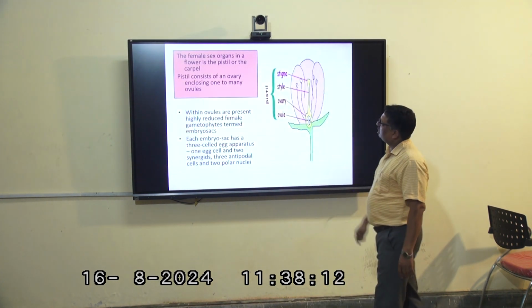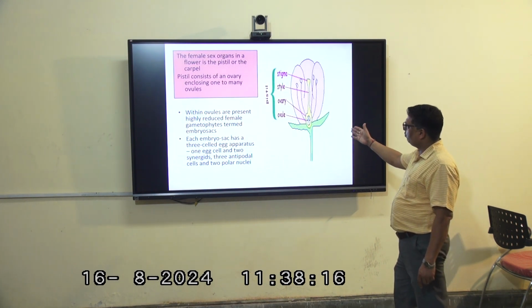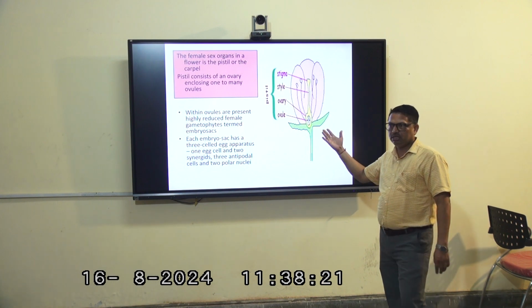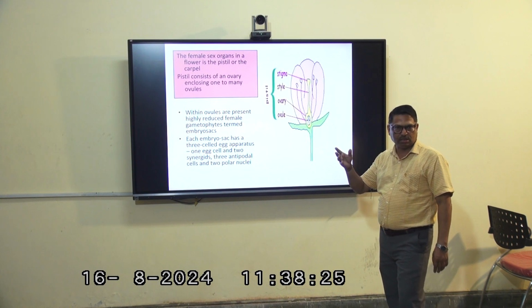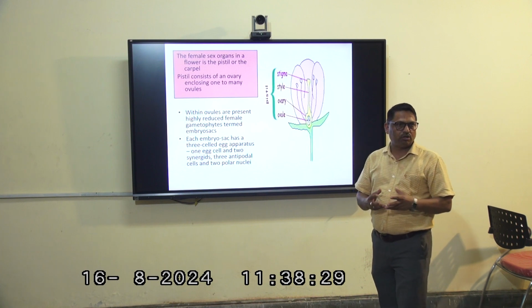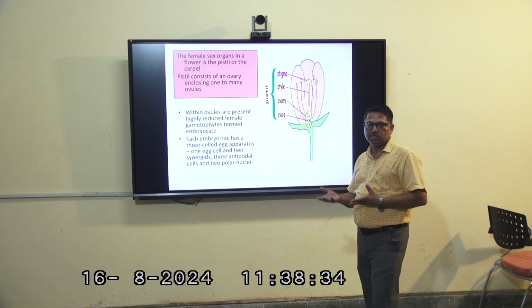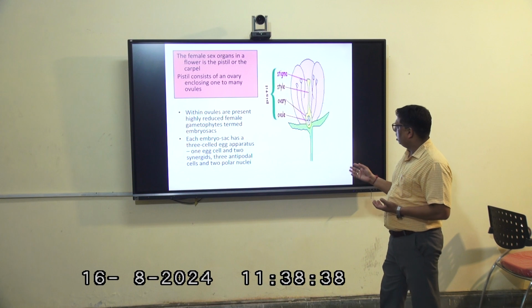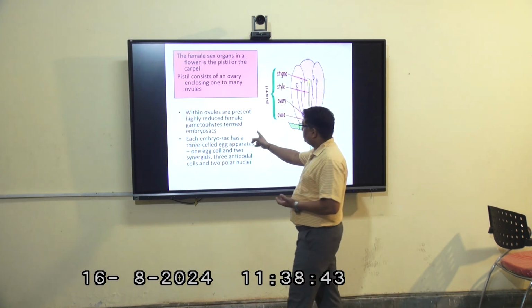And the female sex organ in the flower is the pistil or carpel, and the pistil consists of an ovary and approximately one to many ovules. It depends. In some categories of plants, the sex organs occur in the same plant, or in different plants. Such plants are called hermaphrodites. There are some categories of plants where the sex organs are present in the same plant and in different plants. And pollen grain release is dependent on the two categories. Within ovules are present highly reduced